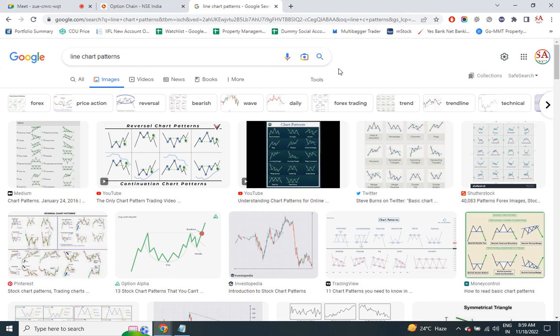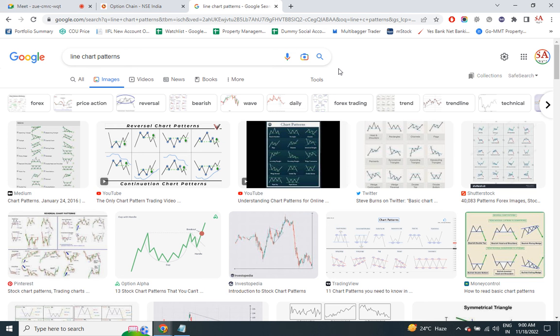Likewise with chart patterns. Now if you ask me, sir, where is NMDC going to go tomorrow? I don't know. It may go up or it may go down. Long term it can go up because fundamentally it is strong. But what will happen today, no one knows. For that I may have to look at the chart for the last 1 week, 1 month, the last 5 days, the last 1 year. Then, to an extent, I may be right in saying this is likely to happen. Then rather than being 50% right, I may be 60% right. That is how charts are going to help you.